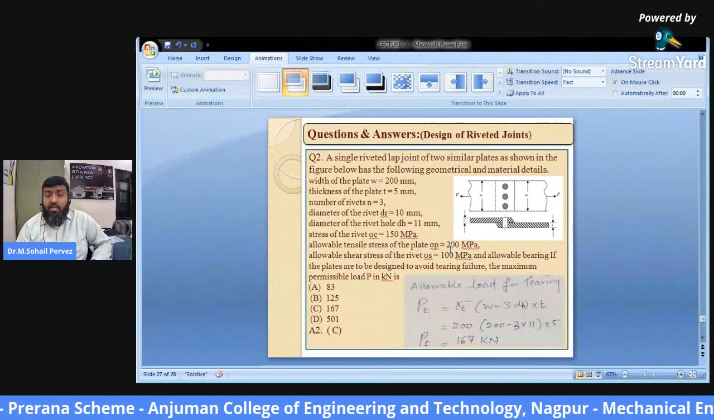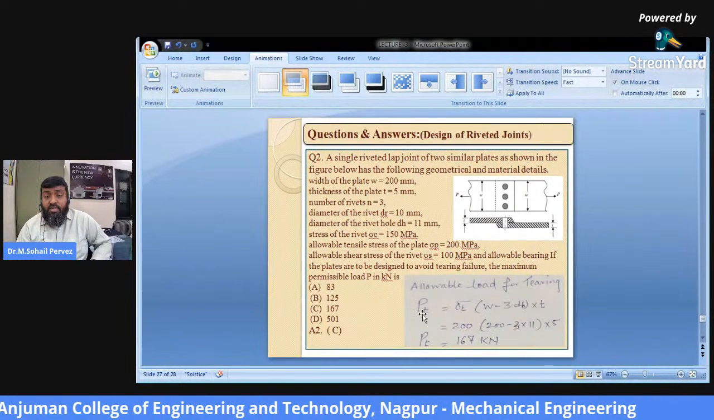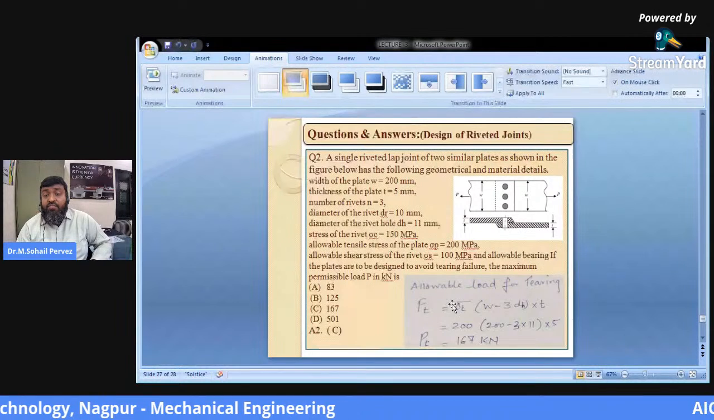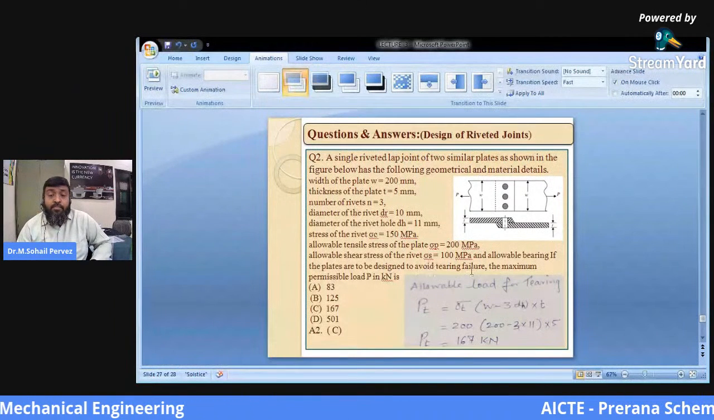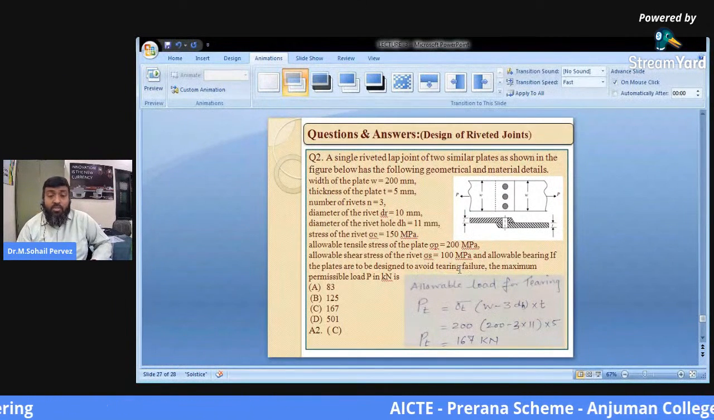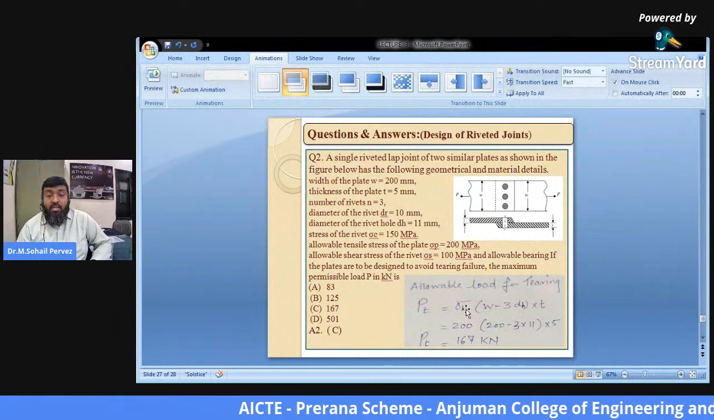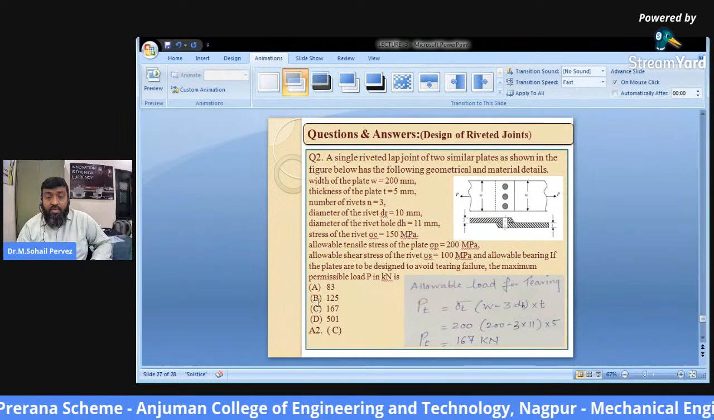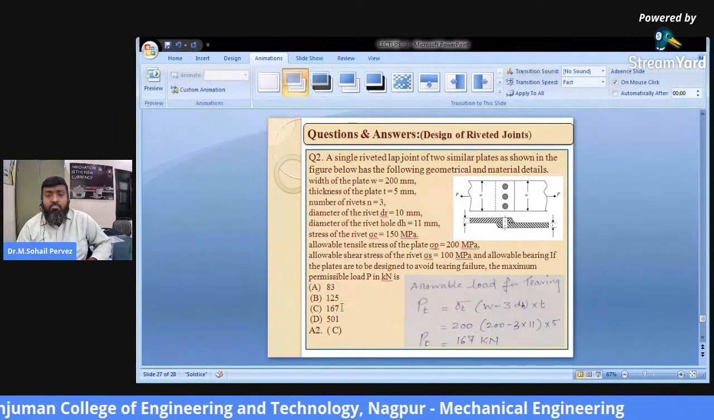What is our demand? The demand is very simple. If the plates are to be designed to avoid tearing failure, this is a very important aspect, then the maximum permissible load P in kilonewton is, so these are the 4 options: 83, 125, 167, and a simple